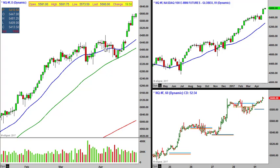The NASDAQ obviously outperformed. It's up 1975 as I'm speaking. Might actually be above Friday's high there. Thereabouts. Hard, I can't see. So we'll see whether this holds on to the gain. Maybe it extends to go higher here, which